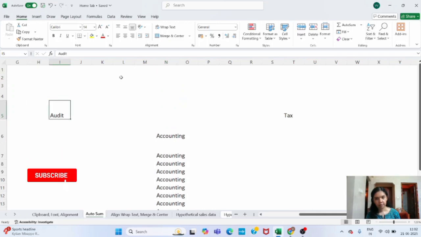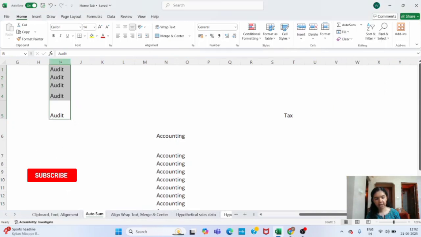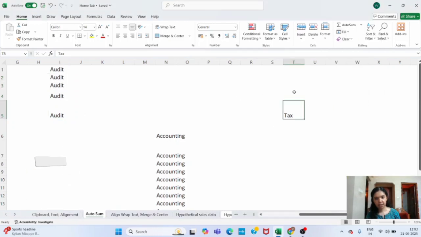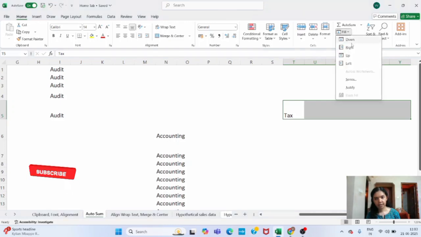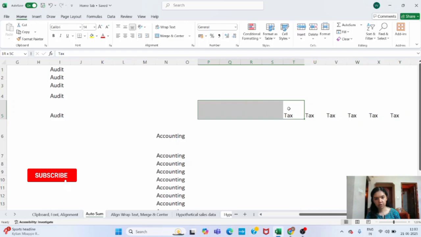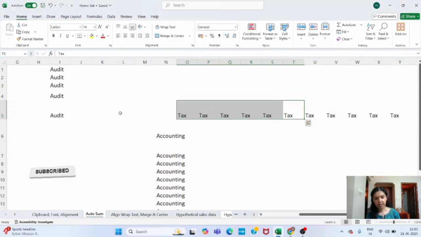Then click here and click on the cells above. If you want to paste the same data upwards, choose fill and fill upwards. The same data will get copied upwards. Next we have fill right. Just click on the cell and select the cells towards your right, and then click on fill right. The same way you can do fill left also. Select the cells towards your left and click on this. We can see the same data has got filled here.